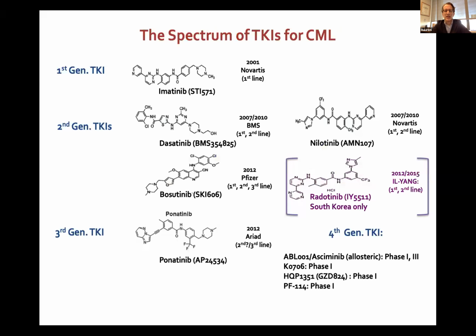So the spectrum of TKIs we have has grown, and imatinib has been with us, all of us around the world, for 20 years or so now. And second generation inhibitors have been available, I know to a variable degree, but have been present for many years, and we have fairly good data on their limitations in some cases, but also their benefits. Ponatinib has been available for some time now. We have drugs available in certain parts of the world, such as South Korea, Vodobatinib, and we have novel agents in development. I want to spend a fair bit of time on what's new and what's coming down the pike